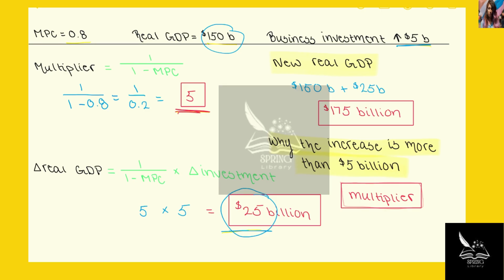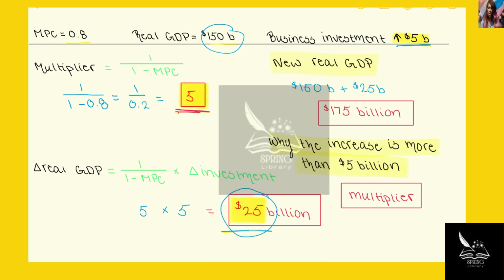So once that business investment is spent, once that $5 billion is input into the economy, that money is going to continue to create more money through the use of deposit creation. Banks are going to hold a certain amount in reserves and lend the rest out, and it's going to be this multiplication process, in which case the money in this economy multiplies itself by 5 times, and that's how we get to this actual increase in real GDP of $25 billion, which of course is more than that $5 billion